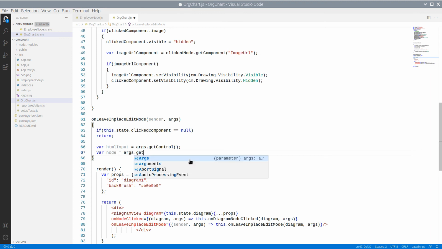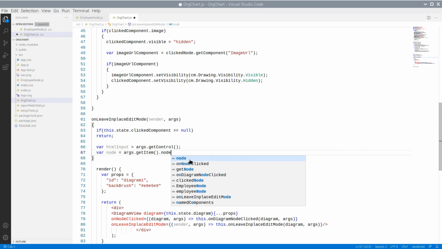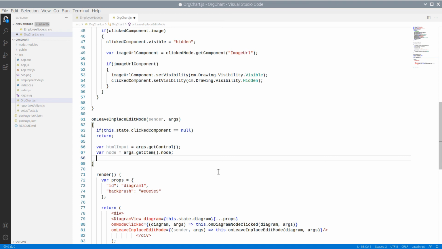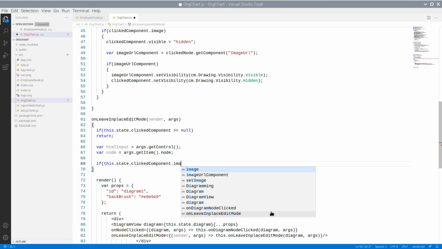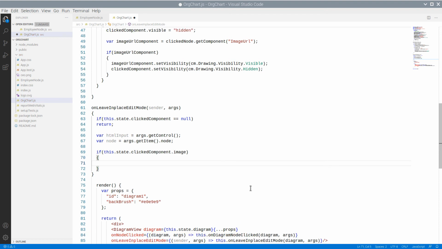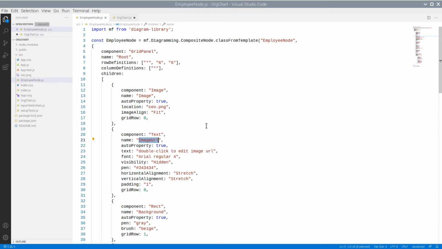We get the clicked node with the getItem method, and we check if the clicked component contains an image. If so, we need to get the new image URL. We get it from the HTML text control and reset its value to the default text.